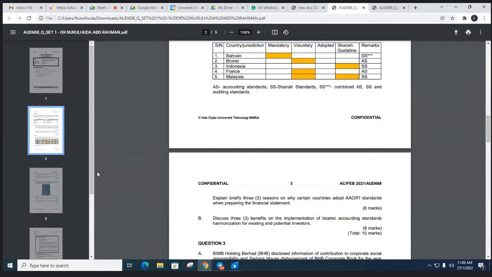You can say that to gain confidence from the user, you should add because IOFI standard is, ceritakanlah kebaikan IOFI standard tu, is set by expert, the who are, siapa, ataupun it is recognized standard. Okay, boleh. Other than that,